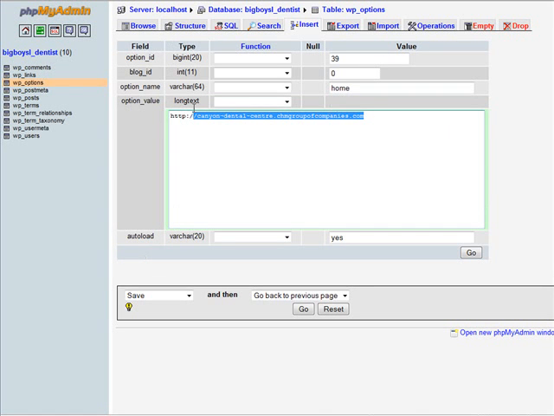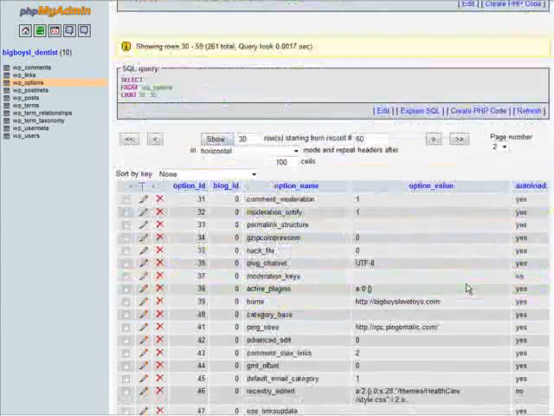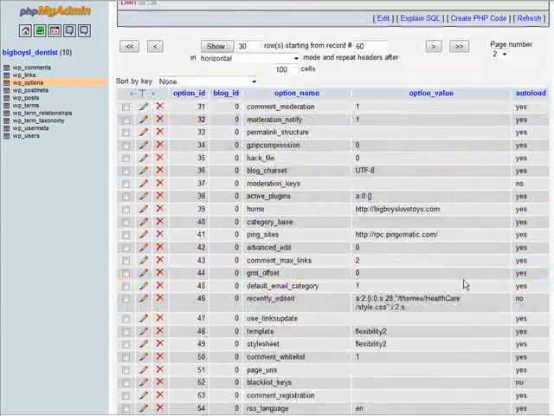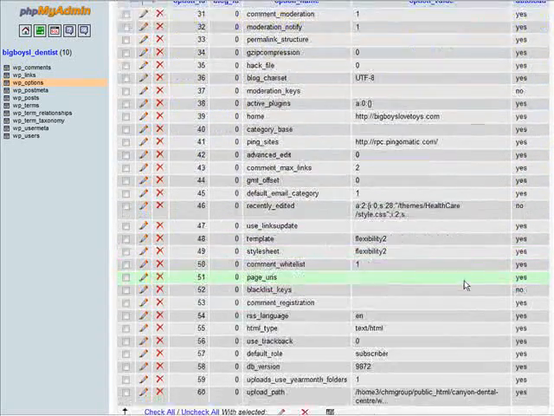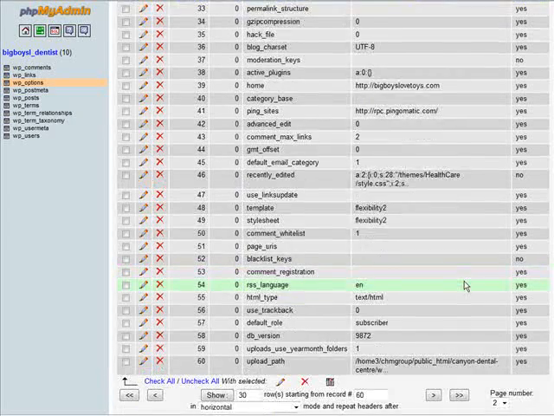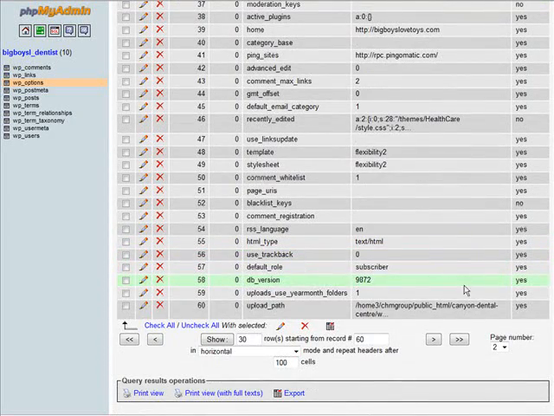We have the same thing again, so put our new URL in there. Click Go. Okay, down here we have the path. This we're going to have to change as well, and we can find that